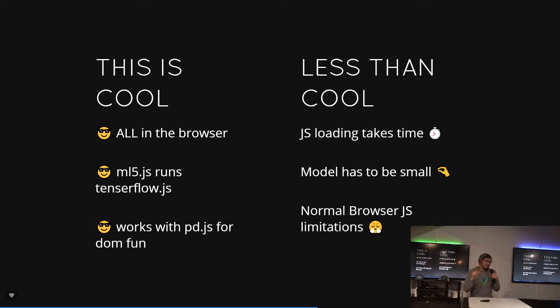Your model does have to be kind of small. You can't go overboard with this because it's more space and trying to ship this to you over the internet, and all the other normal browser limitations. I did a talk on augmented reality in the browser, and one of the big limitations was the streaming of the camera to the browser, because that is controlled by the OS. So if I'm on iPhone, I can't use Chrome, even though I prefer Chrome over Safari. I have to use Safari if I want to stream the camera to the browser, and that's just decided by iOS. Same thing with Android, you have to use Chrome.